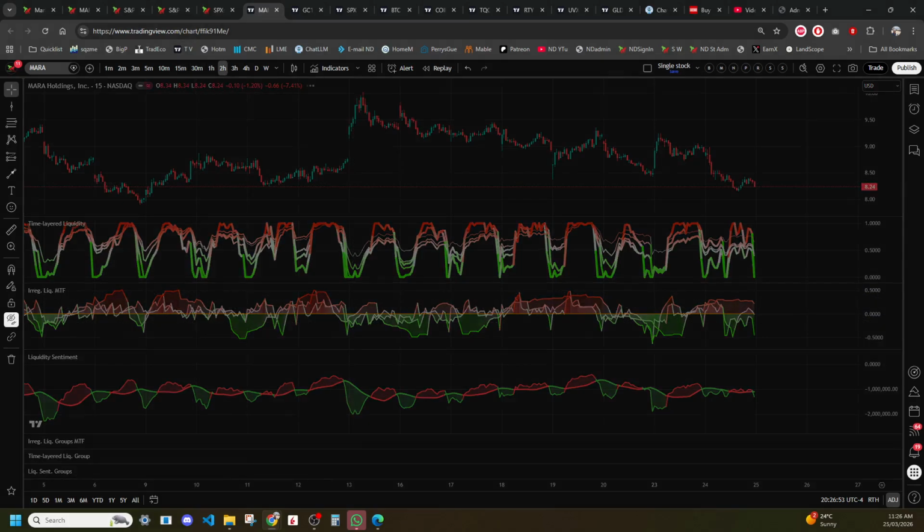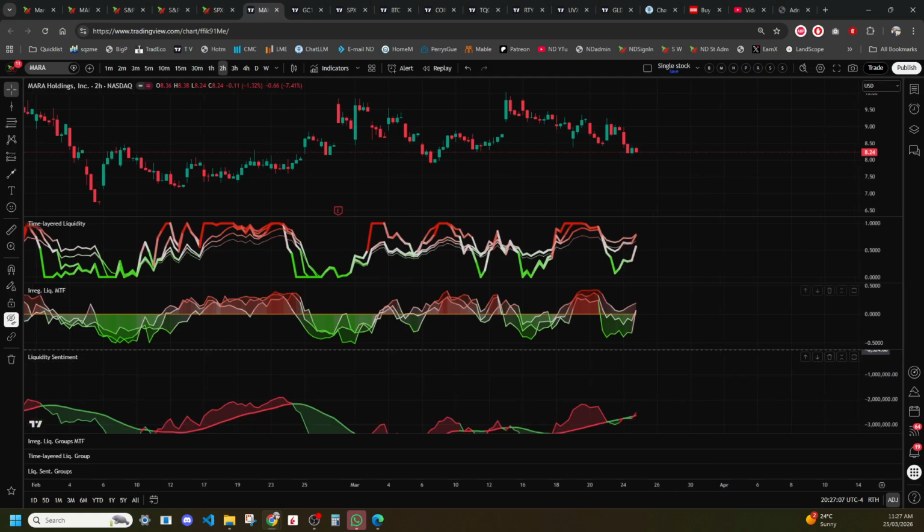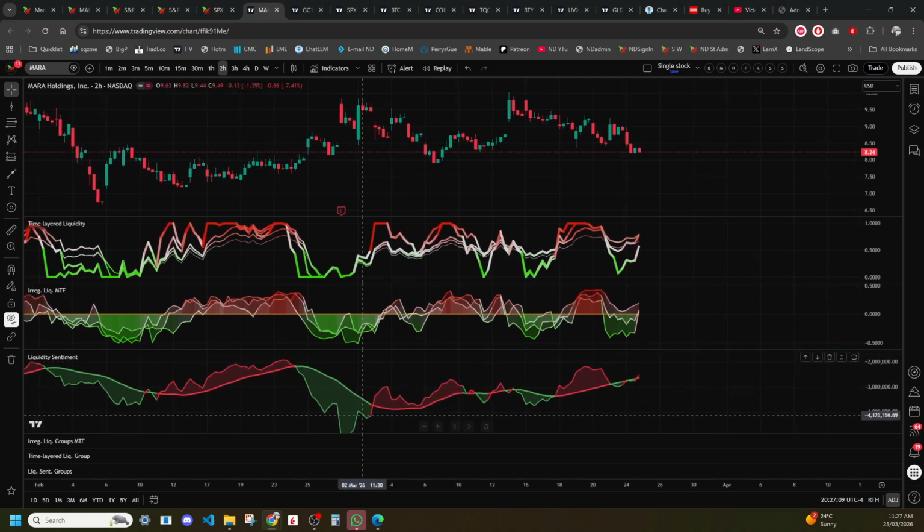If we go out to the 2 hours, we can see that we've had a little bit of a build coming into here into the 12th and the 13th, and then we've had a strong build followed by red, which is selling, green, which is buying. I've got a couple of indicators happening here. We can see that it's held pretty tight since this buy at